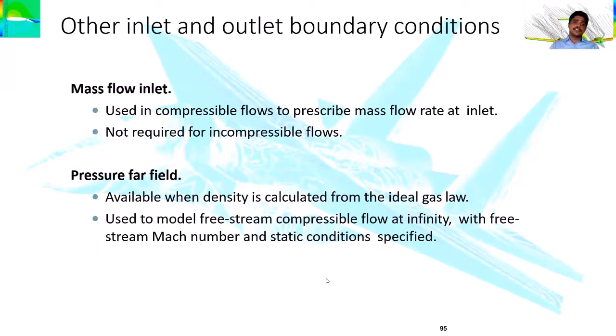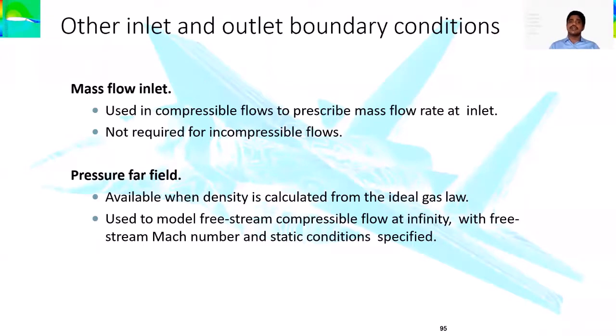So when you are applying the pressure far field conditions for compressible flows, the solution can automatically adopt the ideal gas laws. So how exactly does it match with the atmosphere at that range, right? That can be easily achieved with mass flow inlets and the pressure far field as the outlet, where the pressure far field is a domain which is completely placed around it.